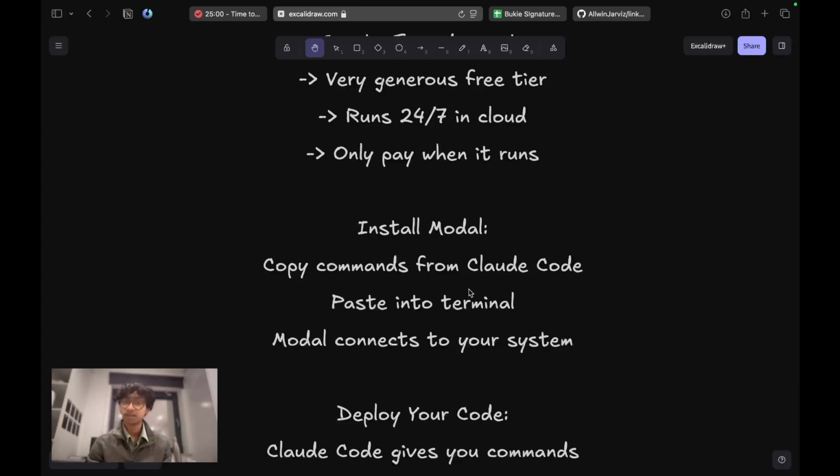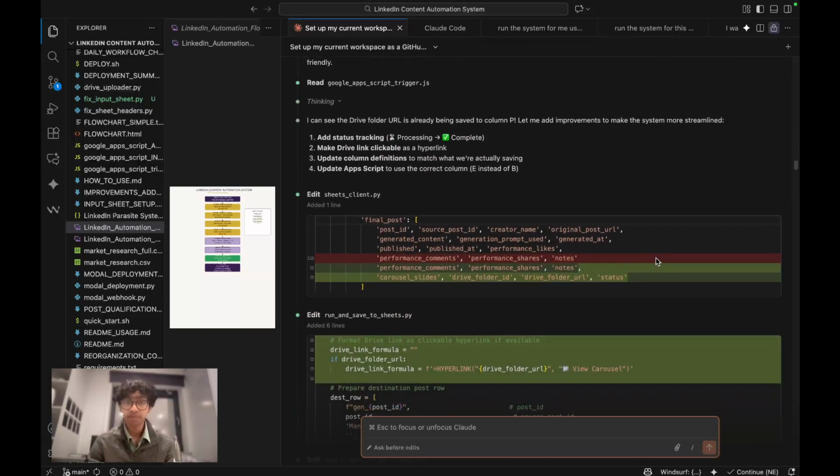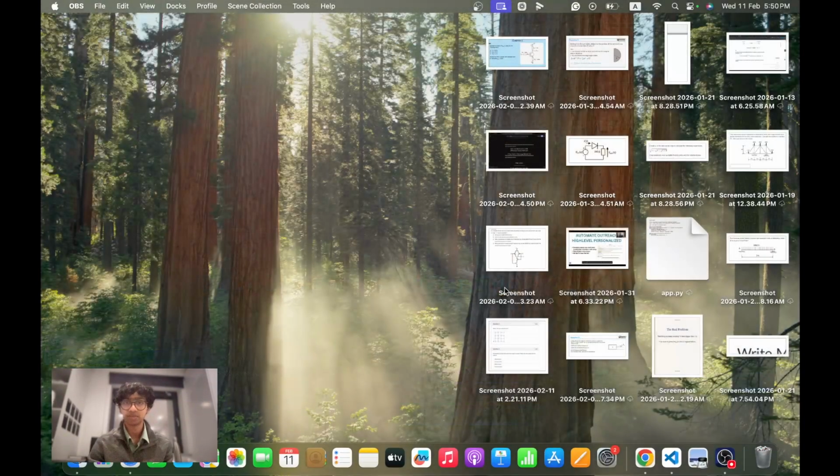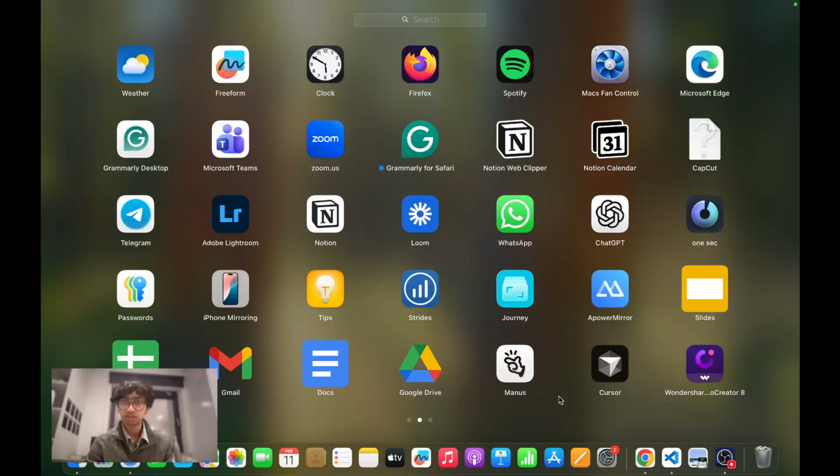And it gave me commands that I would have to copy paste into my terminal. So if you didn't know what terminal was, you probably should, or just in case. Sorry for assuming that. You might not. So yeah, terminal is just